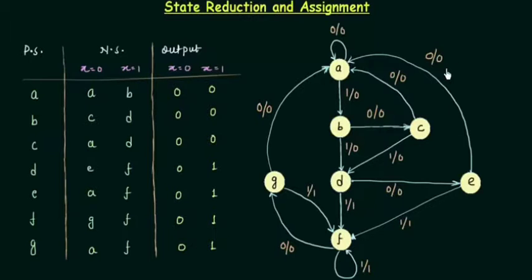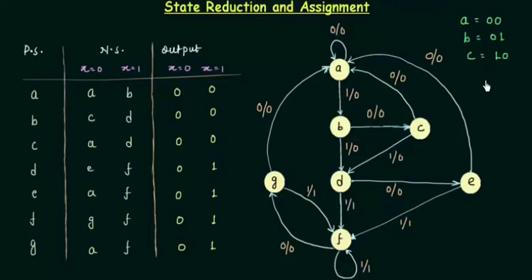So state assignment is nothing special, but it's just a simple assignment of the binary codes to your states. For example, if I have only three states, let's say A, B and C, then I can assign A equal to 00, B equal to 01 and C equal to 10. So this is all that you have to know about the state assignment, and it is required because we will use it in the state table, and using it we will develop the K-map and then the circuit.